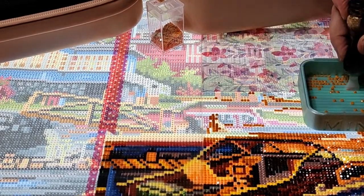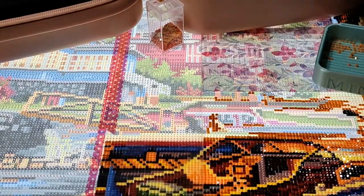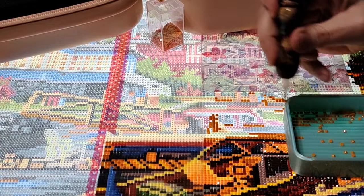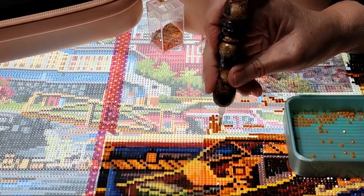Then I moved everything and rearranged everything. This painting being so big, I've got to just move it. I can only have one little section at a time open here. But anyhow,